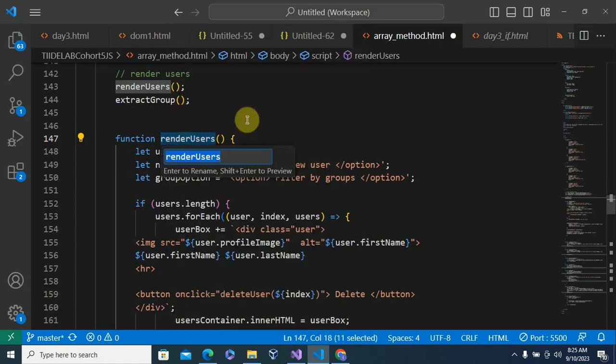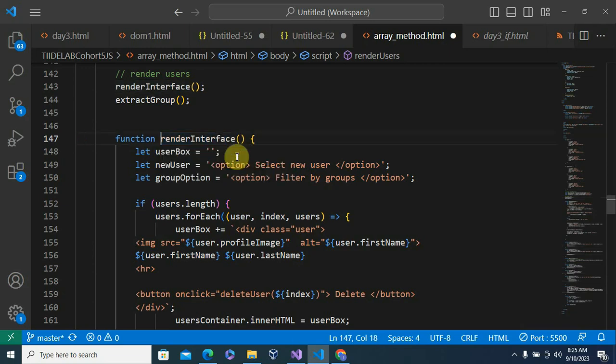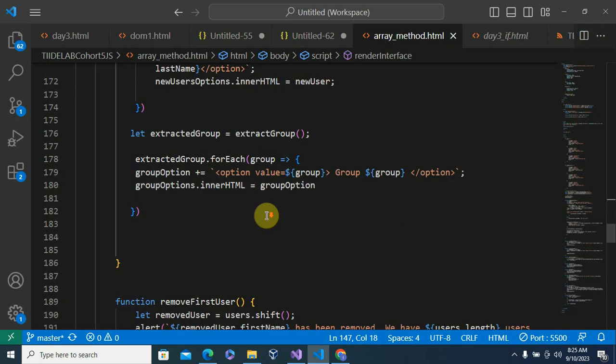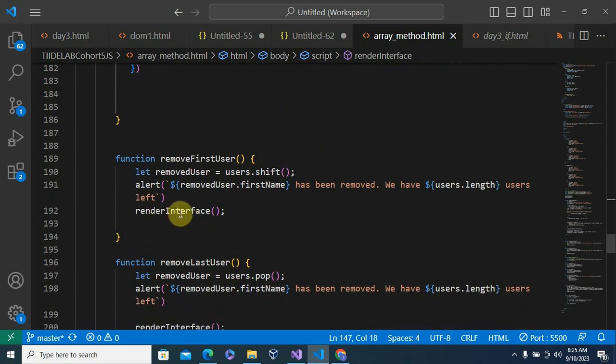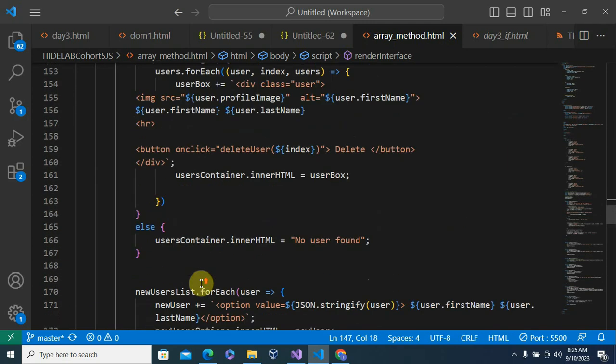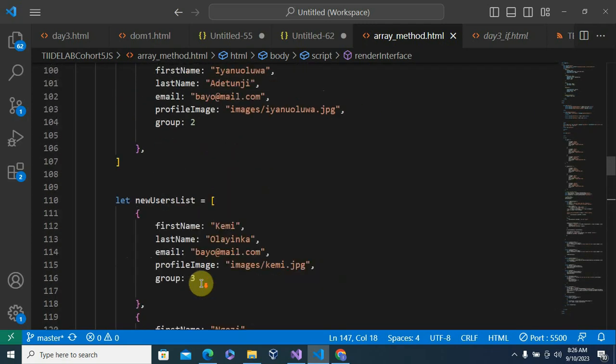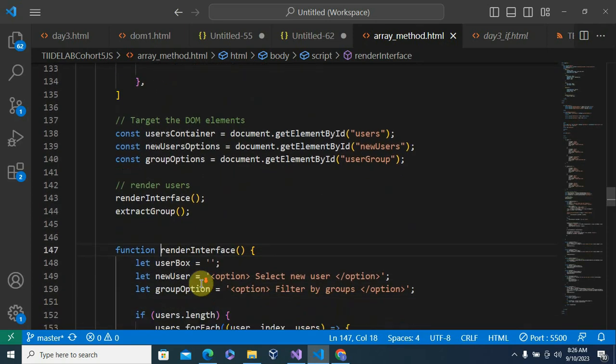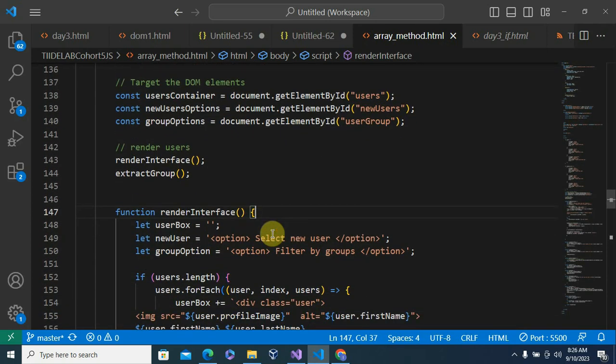Yeah, let's rename that to renderUI, render interface. I did that because we reference it in a number of places, so that automatically does it. The next thing I want to do is to write the actual renderUser function,